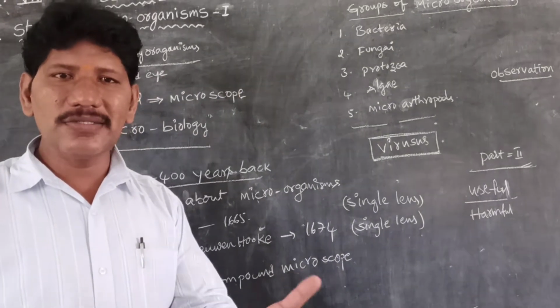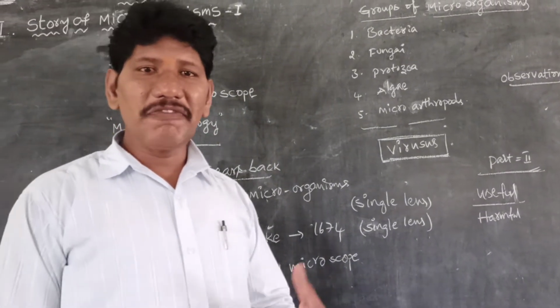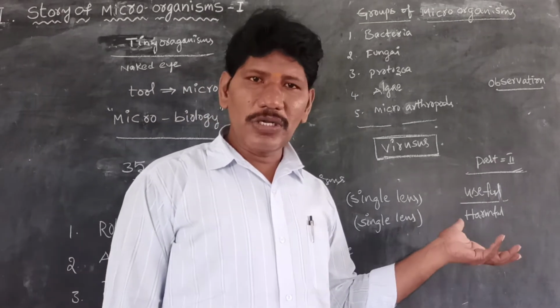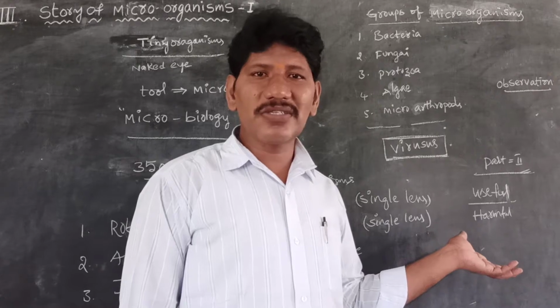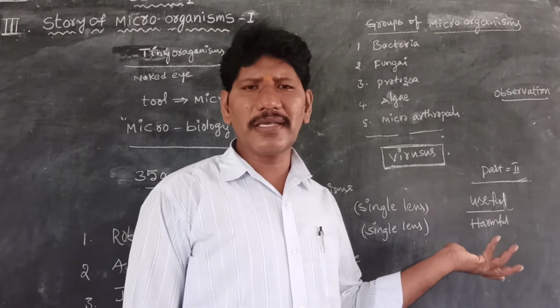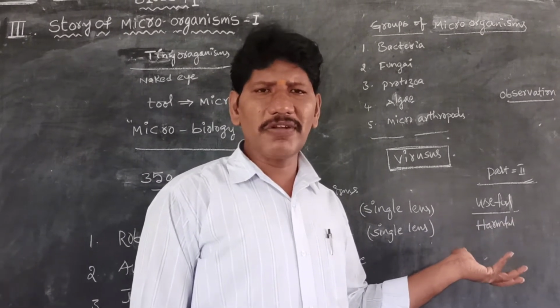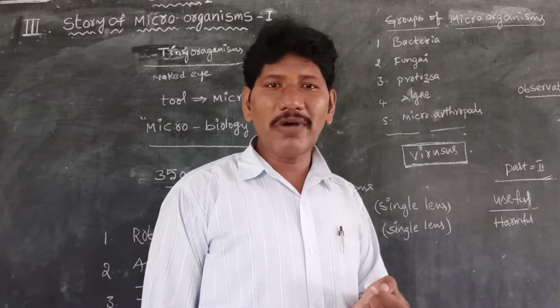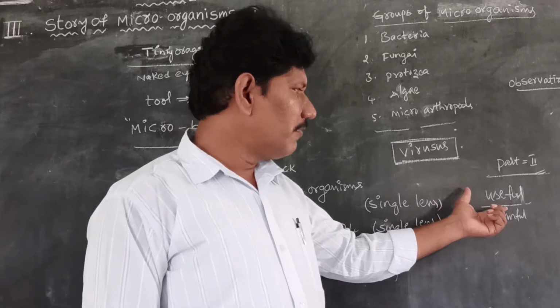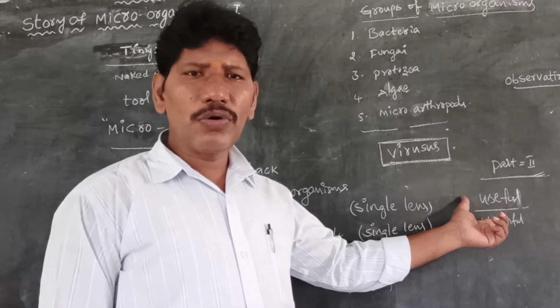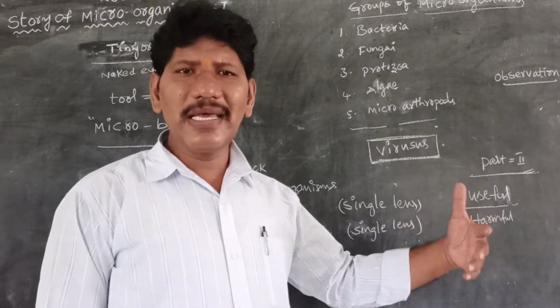How the microorganisms are useful to mankind, and how they have adverse effects on mankind, especially at present, when we are suffering a lot from the coronavirus. The entire universe is suffering from a virus. So one virus can damage the entire world. It is very risky and hard to control viruses when they grow in a rapid manner.